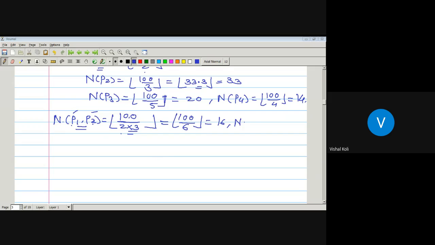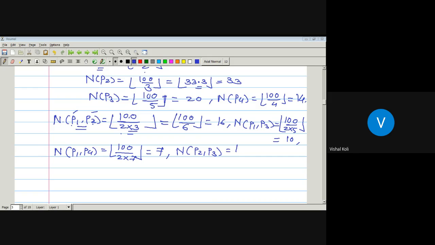Similarly, n of p1 p3 is equal to the number of integers which are divisible by 2 and 5, which is equal to 10. Similarly, n of p1 p4 is equal to 100 divided by 2 into 7, which is equal to 7. N of p2 p3